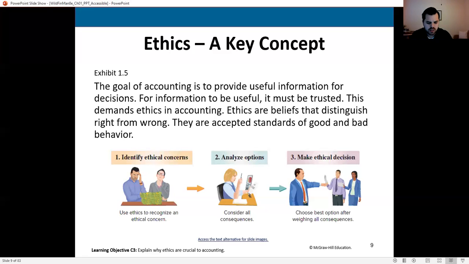So the three-step process we're going to employ anytime we're presented with one of these ethical dilemmas is we first need to identify the ethical concern. So what is the issue here? Okay, so we'll talk about this more in chapter 2, but for now, let me ask you, if you were working at my company and I came to you and I said, look, here's the deal. If we make our numbers this month, then we all get a bonus. Right? We all get this big end of year bonus at the end of December, and everyone's happy.